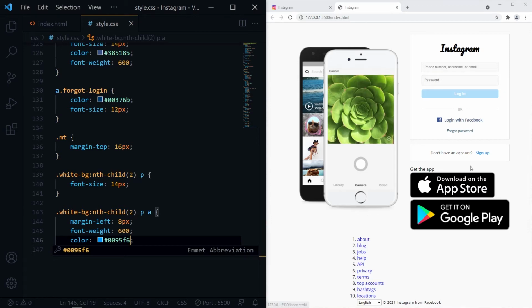And for the last container in our main contents, we need to align the text at center and these two horizontal lines side by side.